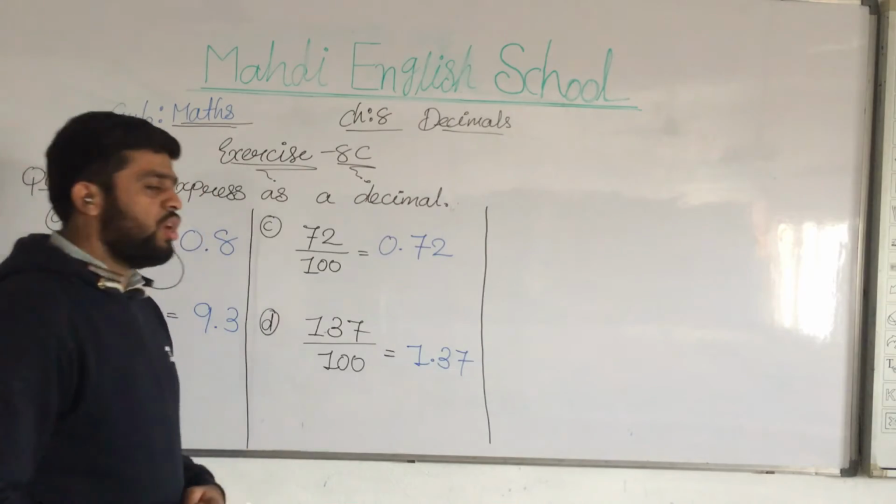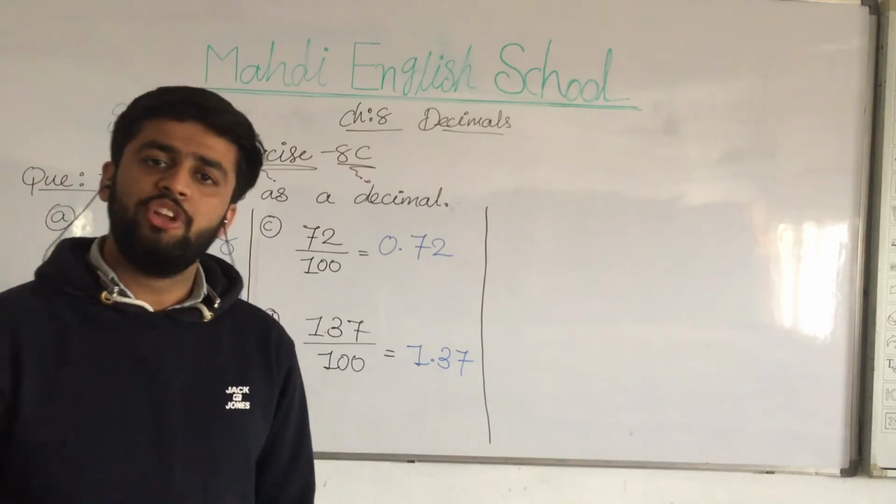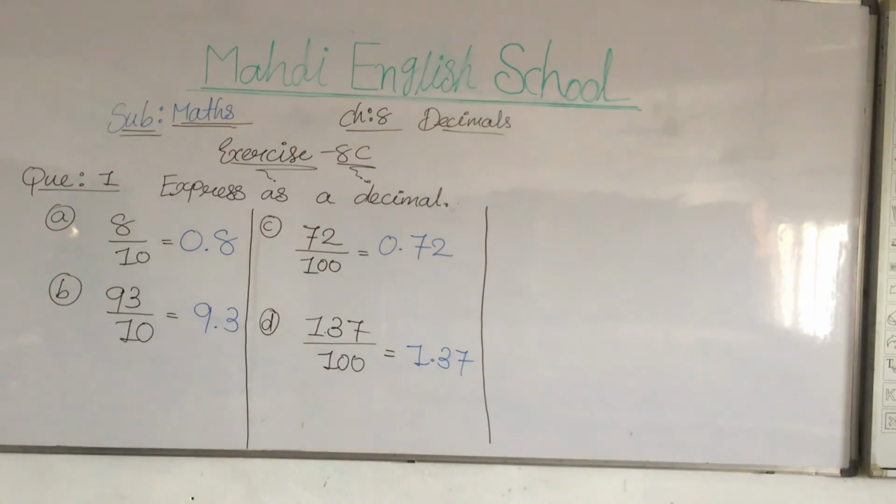Now note down A, B, C and D in your book quickly, my dear students. Note down all these things in your book, and then we will move on to questions E and F. Now take 1 to 2 minutes for writing, my dear students.